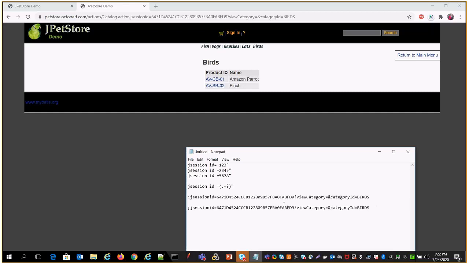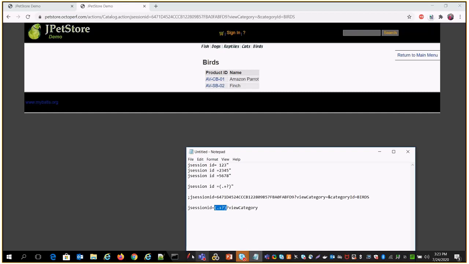Now I want to extract that value, so I replace it with opening and closing brackets, dot, plus and question mark, and I am not taking the entire thing, just that is my regular expression. So every time you execute, it will capture the JSON ID, and whatever is there before the view category will be captured.